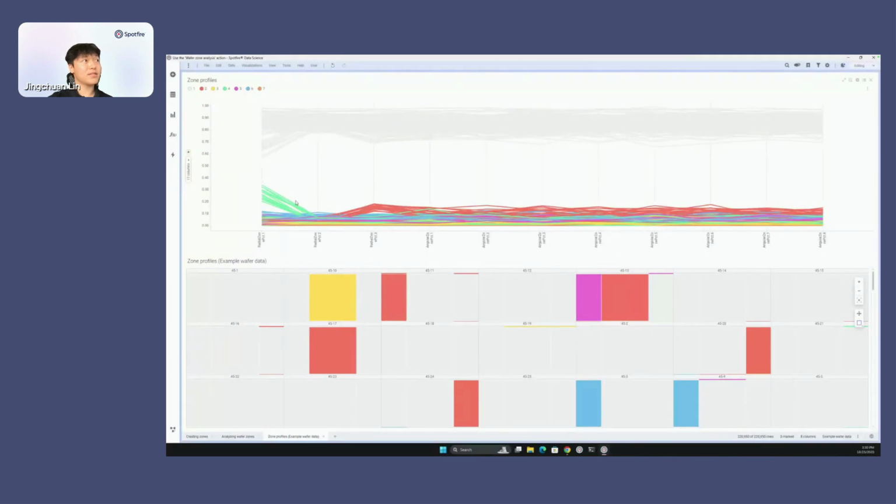And if, let's say, this green color represents some good, but the red color represents some bad result, then the engineers can quickly understand what is the reason. It could come from which specific zone of the wafer map. So that's how we can support the zone analytics from using